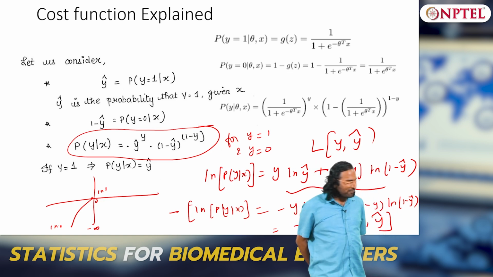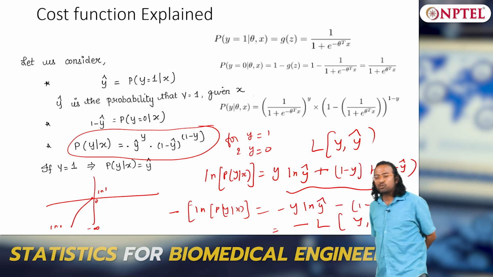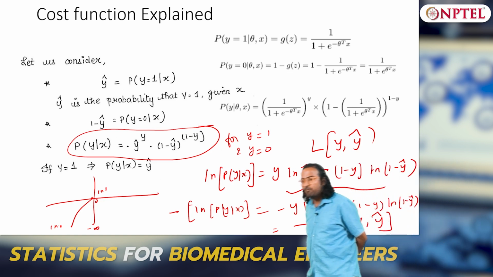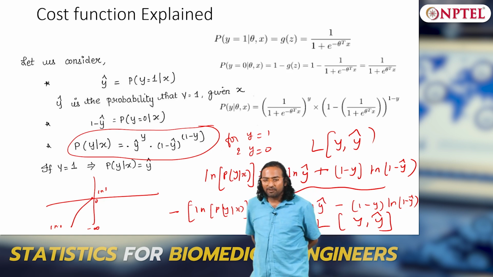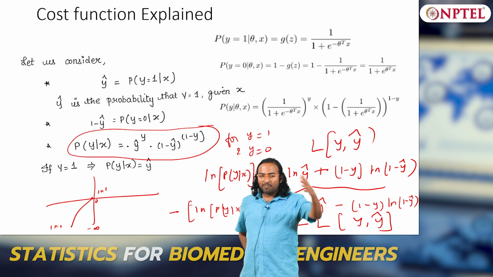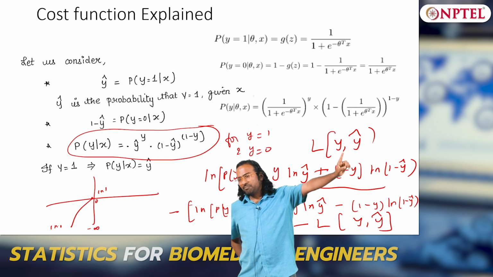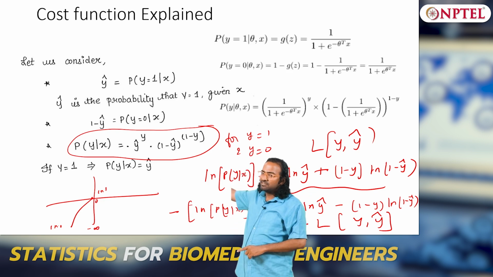These are very important objective functions. You only knew minimizing mean squared error so far. Now we have learned one more function which is the cross entropy function or log likelihood function. And in today's neural networks or machine learning algorithms, the two most popular objective functions are minimizing mean squared error, and the other one is cross entropy.